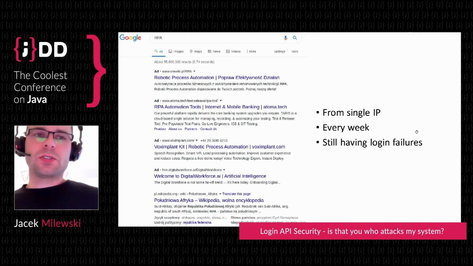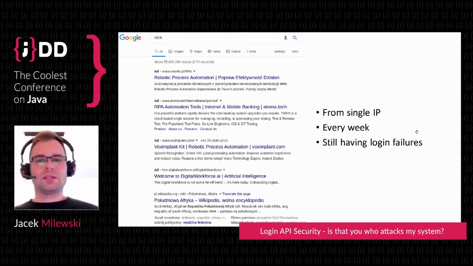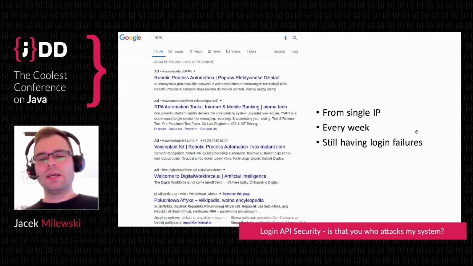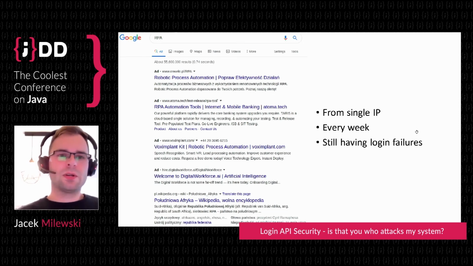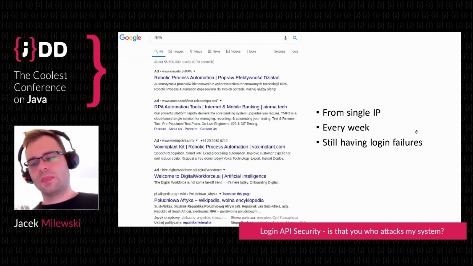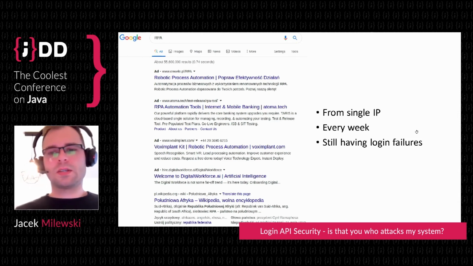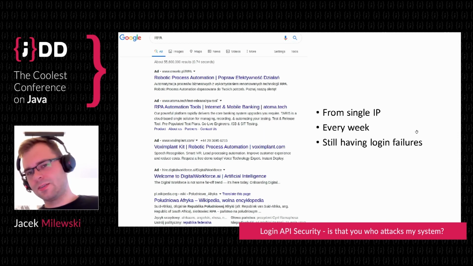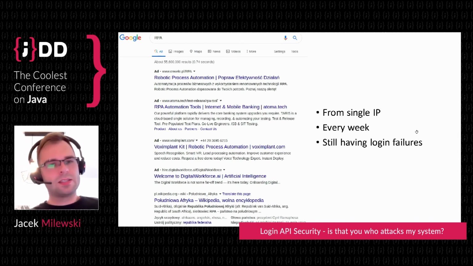One of our customers has automated the process on their side. So they had Selenium or some kind of automation framework, and they simply log into our system, check some data and log out. Interestingly, even though they do it every week and have it automated, they still have login failures, right? So they seem to be guessing their user passwords, even though they guessed it last week. Strange.